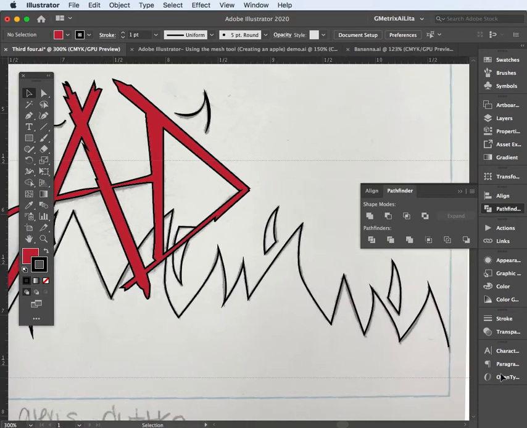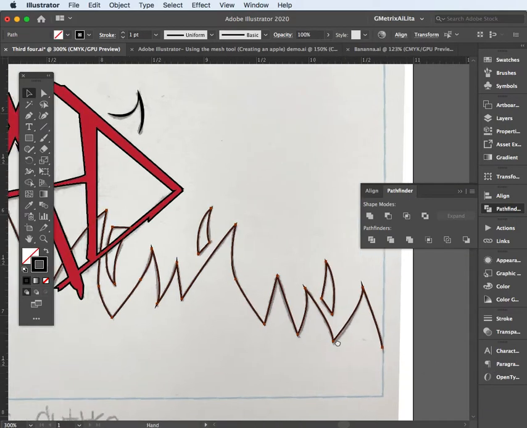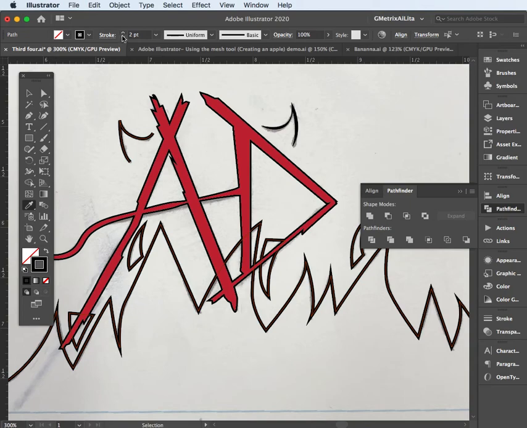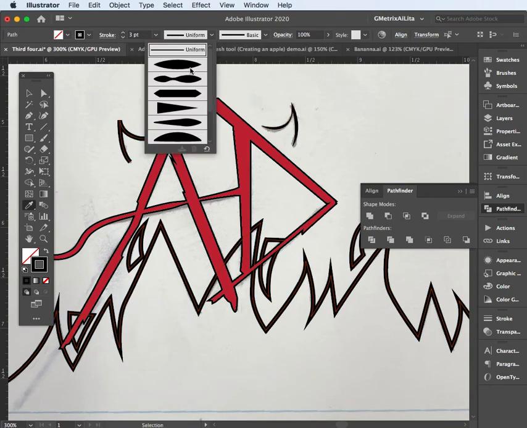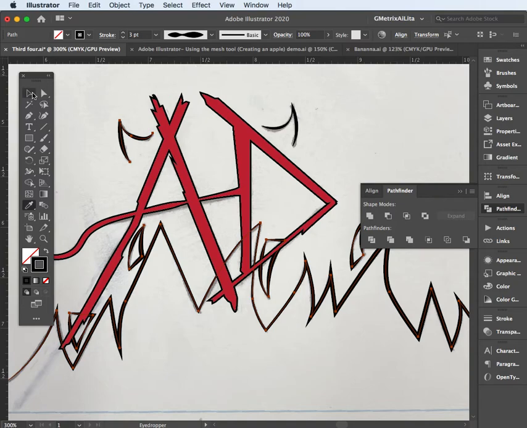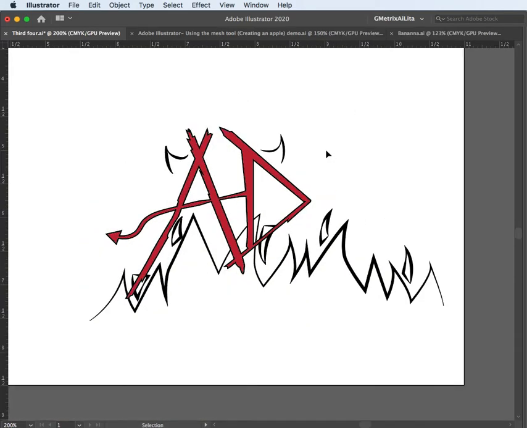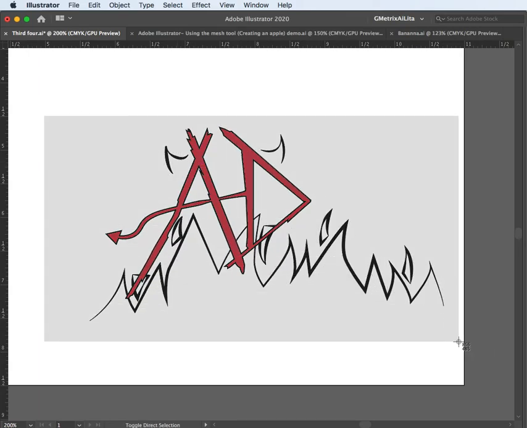And I can drag a selection box around all of these pieces. And with the eyedropper, if I already created this shape up here, I can just click on it, and it'll give me a little bit of additional thickness to it. And then in the Layers panel, just hide the mid one. Hit the Tab key that takes away all of the palettes. And then here you can do a Command-Shift-4, and that's going to give you this